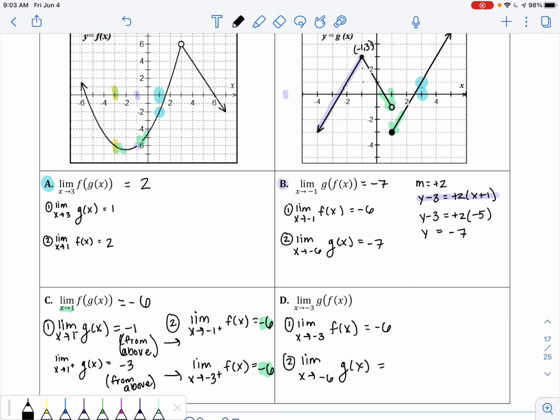I thought this one was going to be the last one, but I was wrong. So -6 of g of x, and we